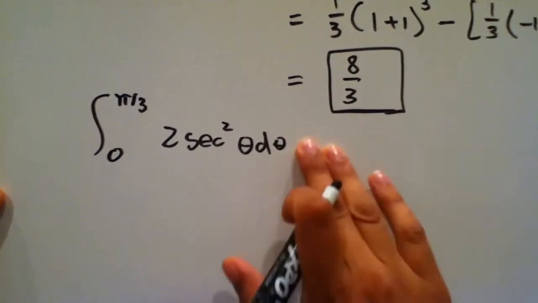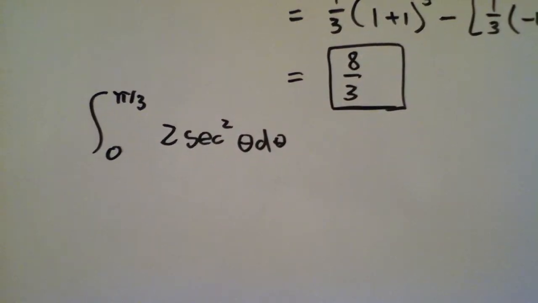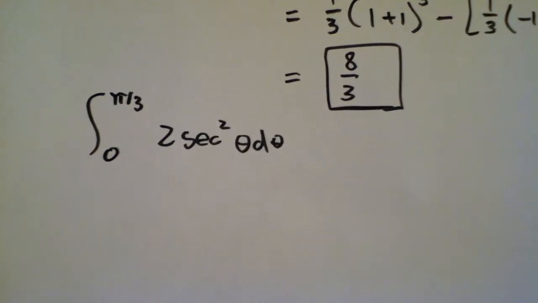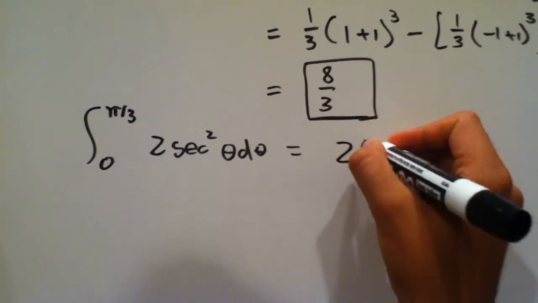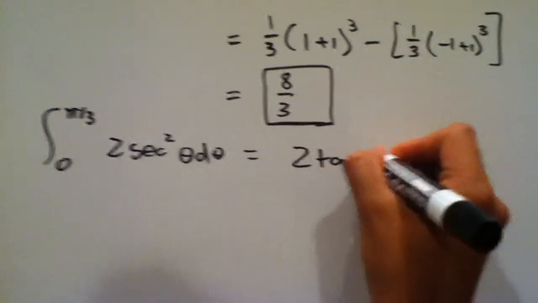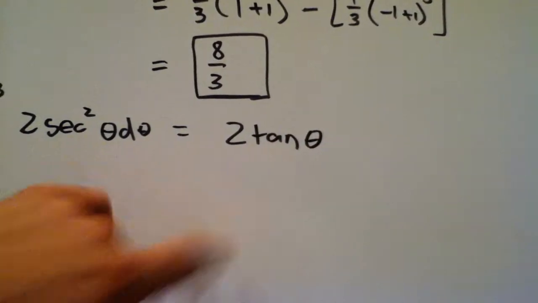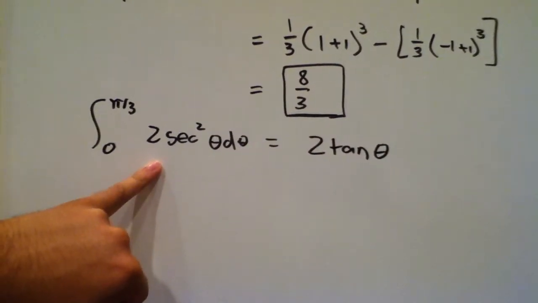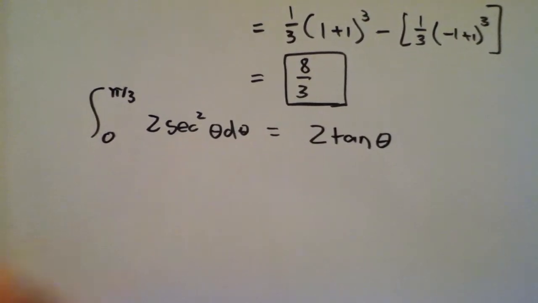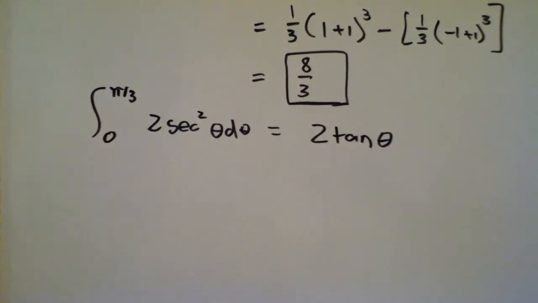So the antiderivative, or the integral of this, would be 2 tangent theta, because the derivative of tangent theta is secant squared theta, and if you have a constant, you know the rules of differentiation, it just multiplies in there. So 2 tangent theta